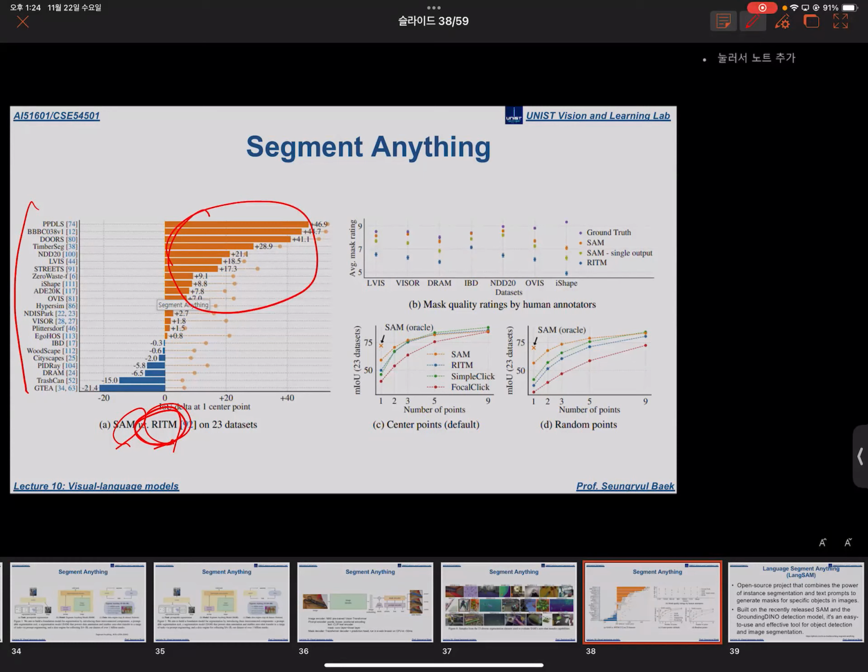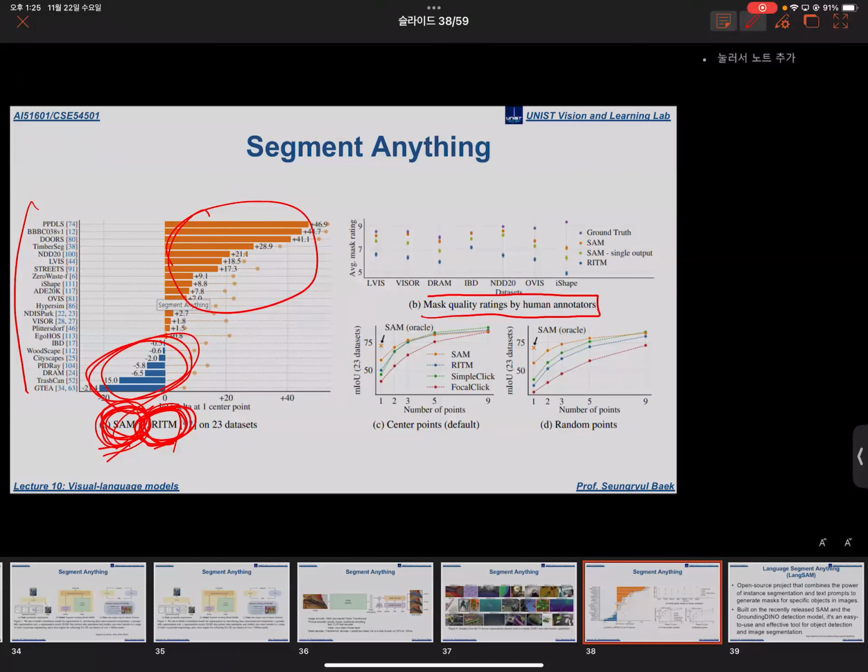Okay, RITM was trained on that data, but SAM was not trained. Okay, this is in the zero-shot setting. For some of the data, it performs less than RITM, but because of the setting, I think this graph is indicating that SAM is very good. Okay,